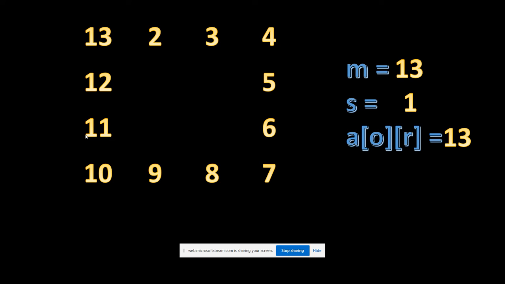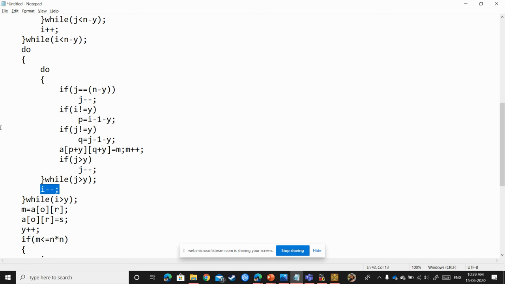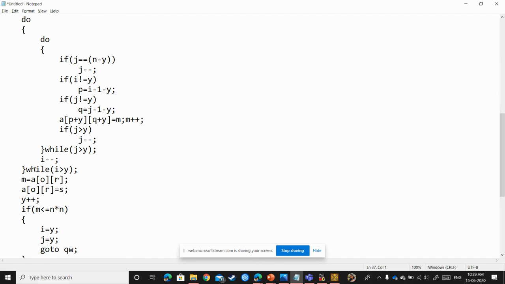Now I will be substituting the 1 value to the a of 0 comma. Now I will be storing the m value as a of 0 comma r, which is 13. I will be storing in m because I need to print the 13 again, because it will be incremented to 14 after the display.